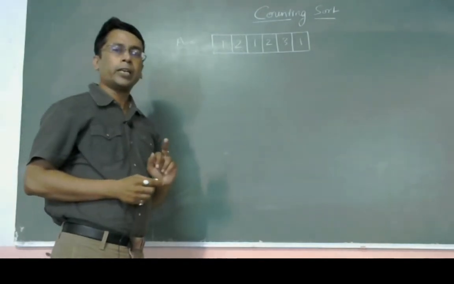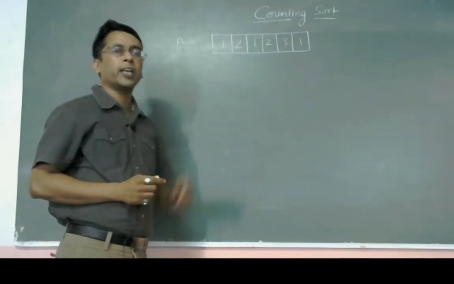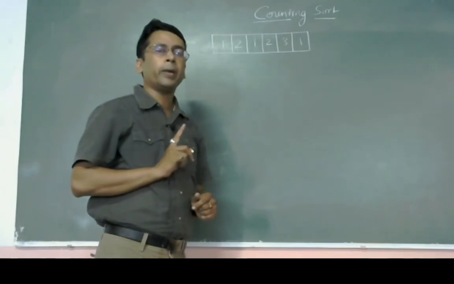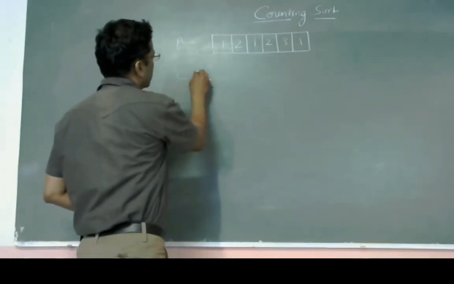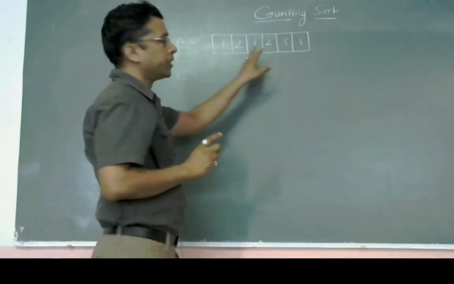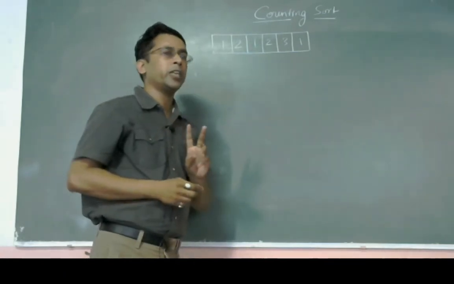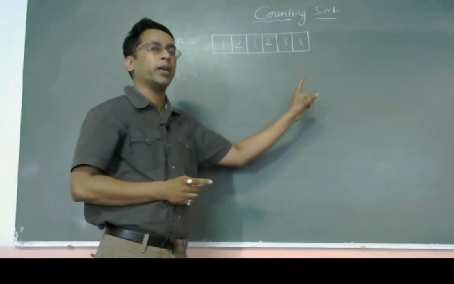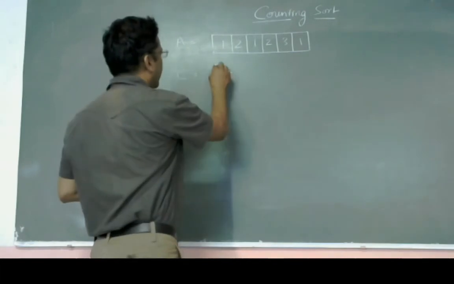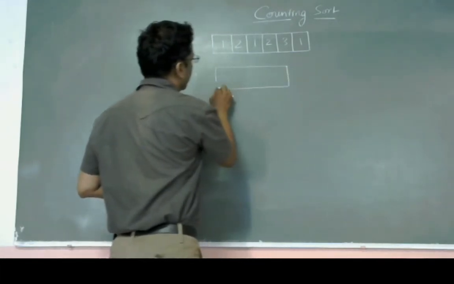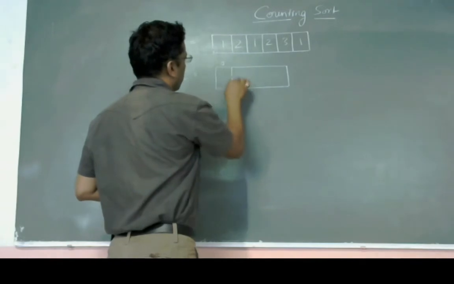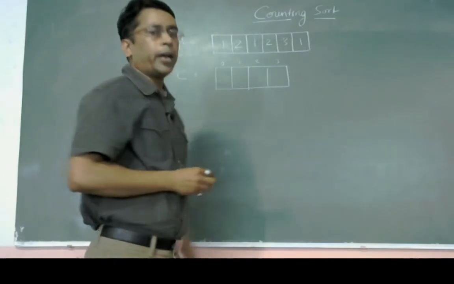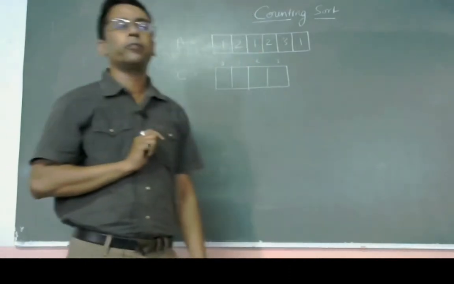In the first line of the algorithm, we have initialized an array of length k, which is represented by C. Here there are 3 distinct elements 1, 2 and 3, but we shall initialize an array of length 4 since the array is initialized from 0 to k. We create an array C with elements 0, 1, 2, 3, and initially the value of each C[i] will be equal to 0,